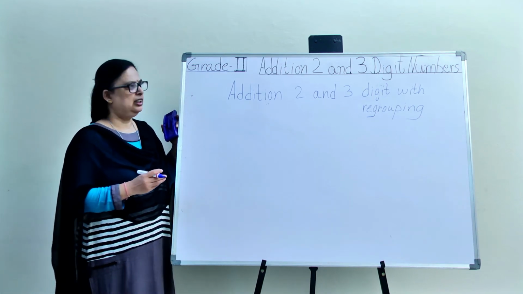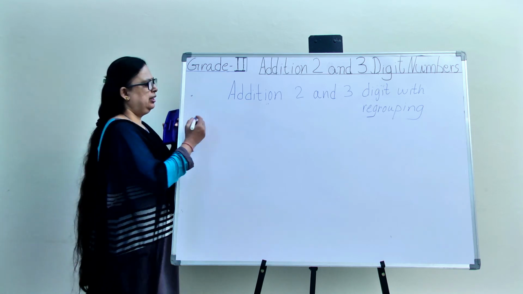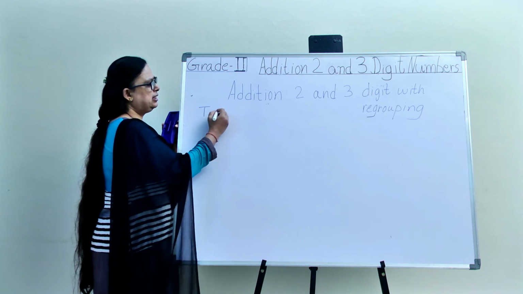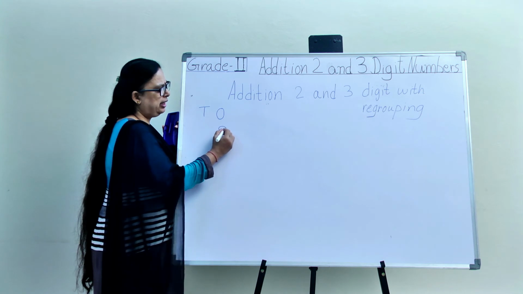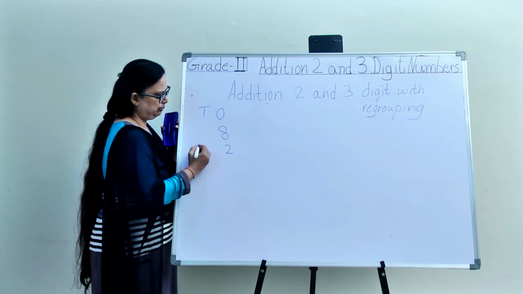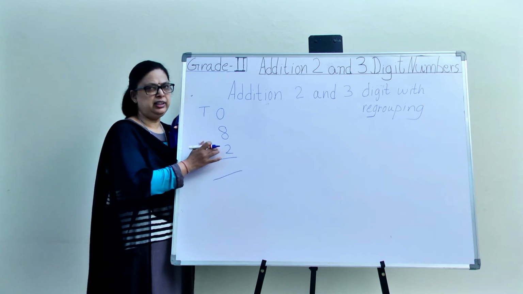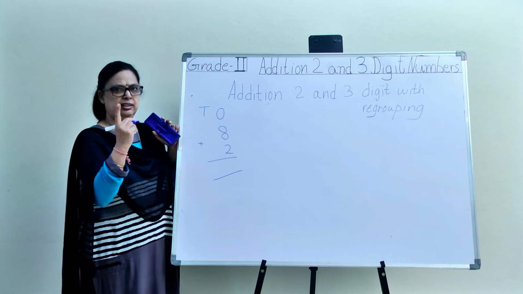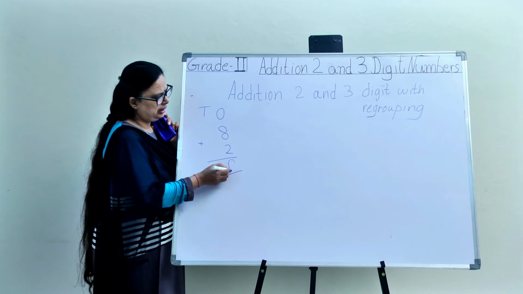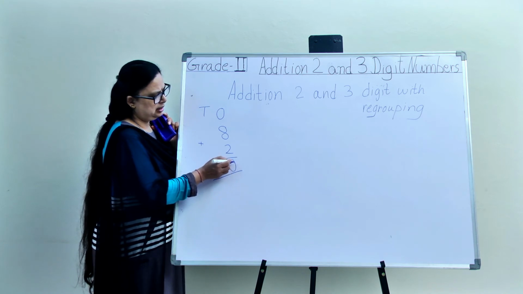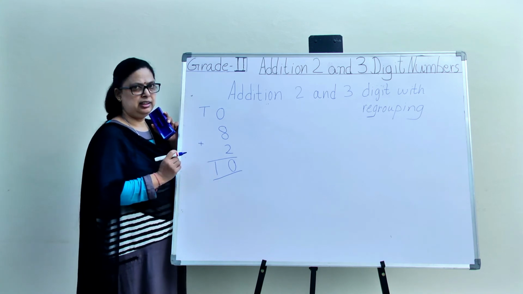Welcome back children. Now we are going to do addition of 2 and 3-digit numbers with regrouping. Now let us take an example here of a single digit number. This is the ones place and the tens place. I am taking here 8 and here 2. So we are going to add 8 and 2. 8 in your mind, 2 on your fingers. After 8, 9, 10. So when we are writing 10 down here, we will write 0 in the ones place. And where are we going to write 1? Under the tens place. Right?